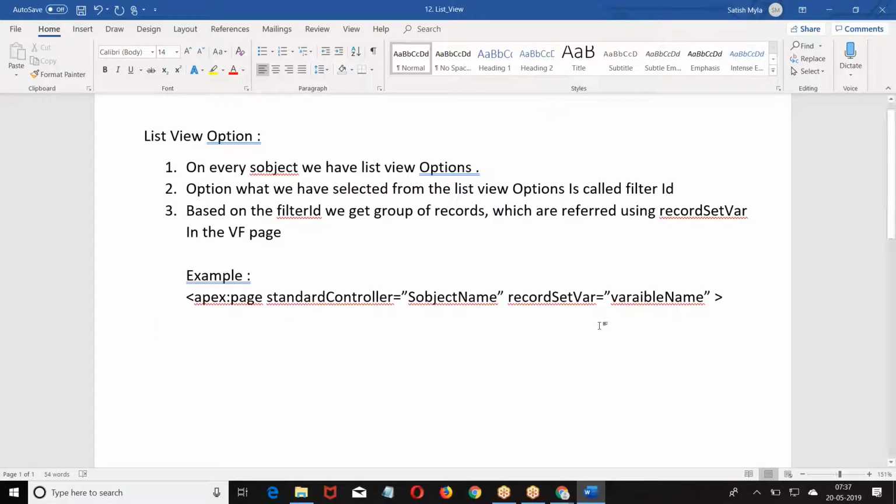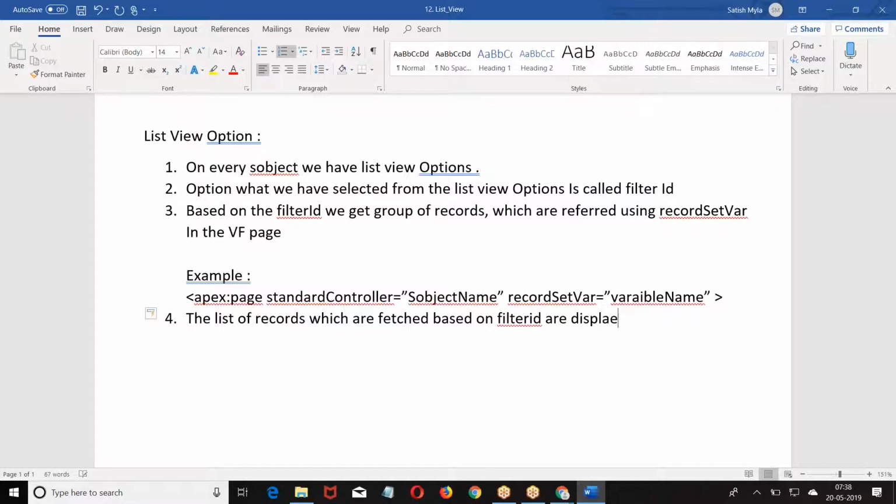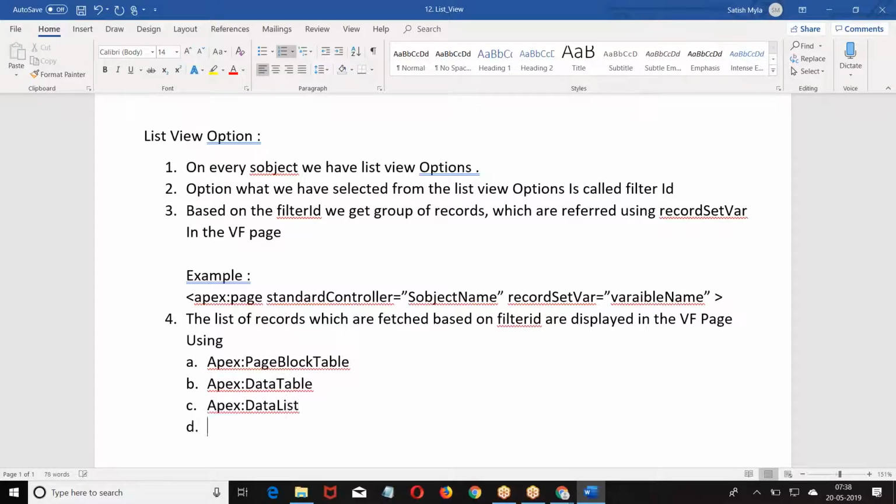Now, fourth point. The list of records which are fetched based on the filter ID are displayed in the VF page using page block table, Apex data table, Apex data list, Apex repeat.